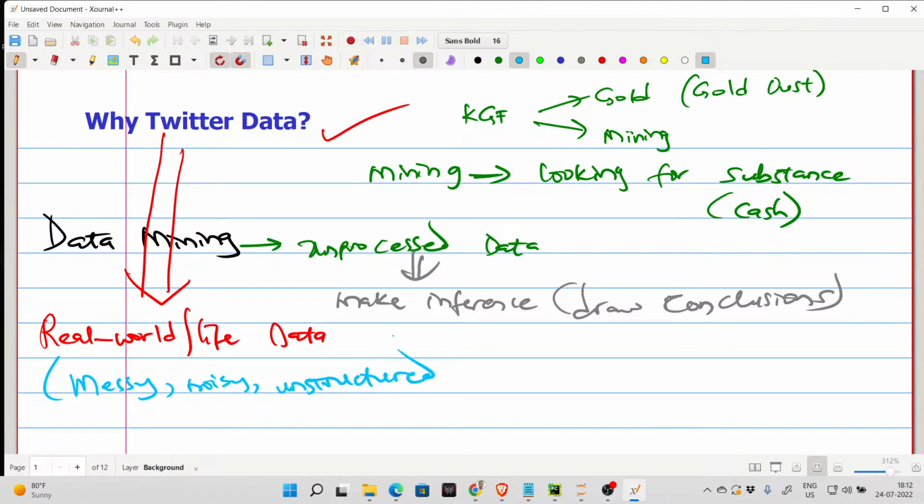So you can use big words. You guys are very good at English. You can use another big word, which is what? Unstructured, which is what? What else? Even I don't know. It is messy, it is noisy, it is unstructured, it is heterogeneous, right? Fine. So in nature, and all this stuff,